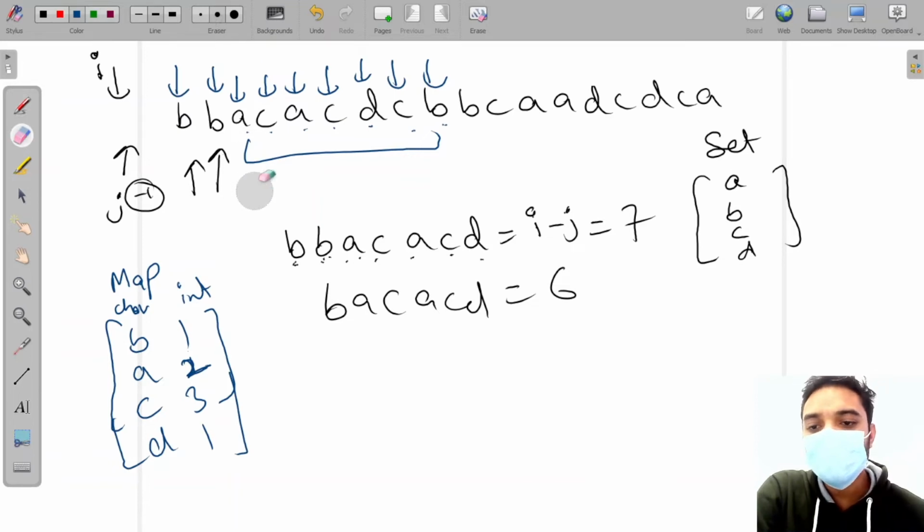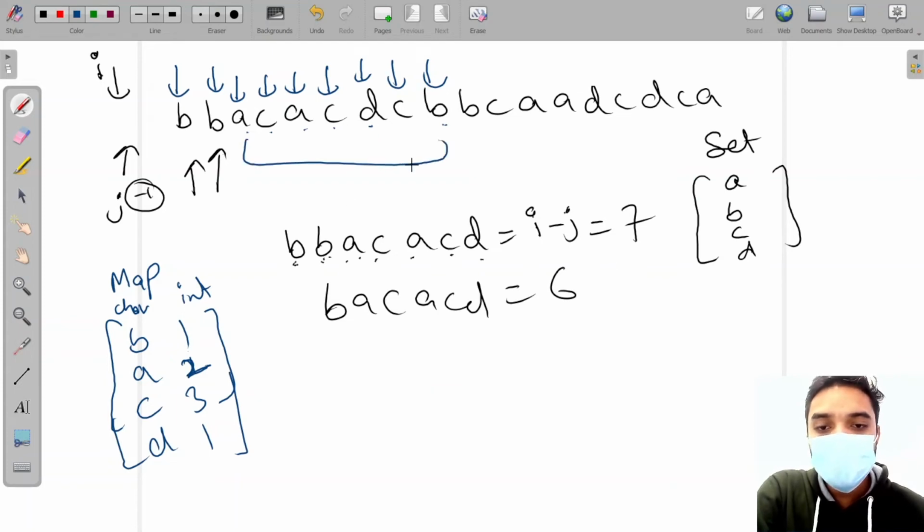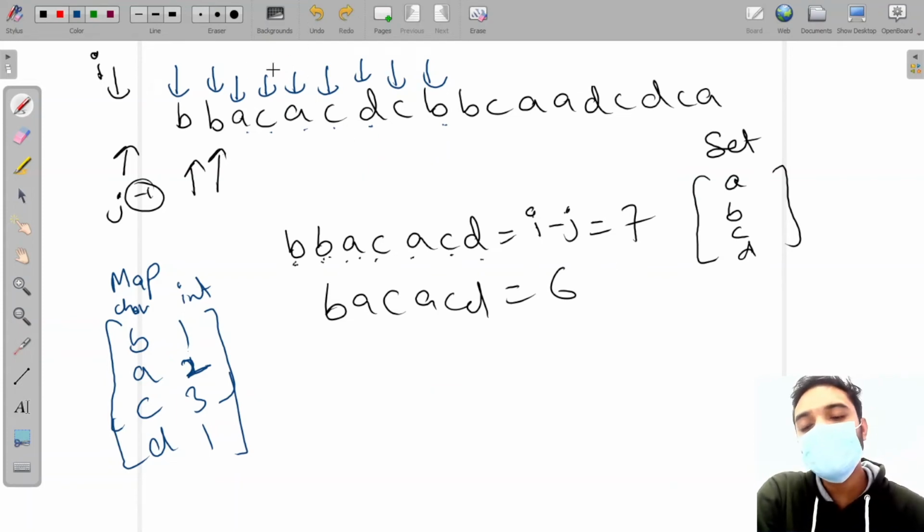So my answer is not going to update, because I'm looking for the smallest possible answer. I check whether my current answer is less than the previous answer. Right now it's bigger, so I'm not going to update.